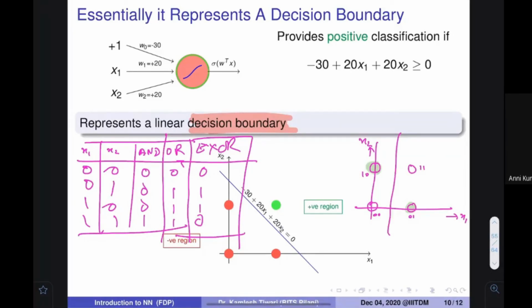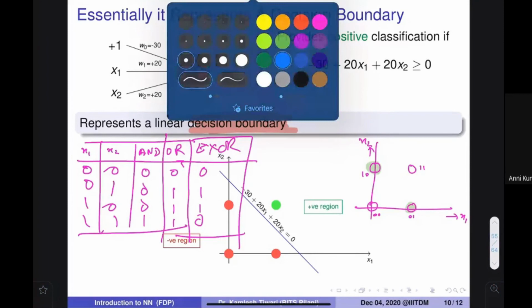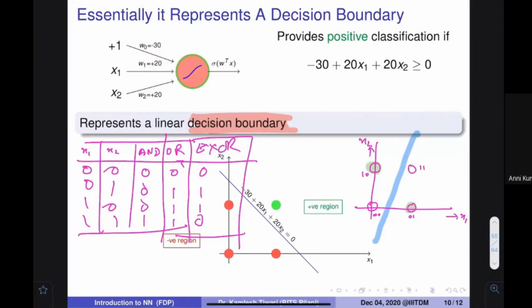So how can you draw the line? First, this line is wrong. How many lines can you draw? Let me take the blue color. You can draw a line like this, it is wrong because one side is positive and the other side is also positive. If you draw like this, these red points are misclassified. If you draw the line like this, again a problem: negative points are above. In between, one point is misclassified. Here also, 2 points are misclassified; those positive points are below this line. So in this case, you cannot draw. For XOR cases, you cannot draw a line.